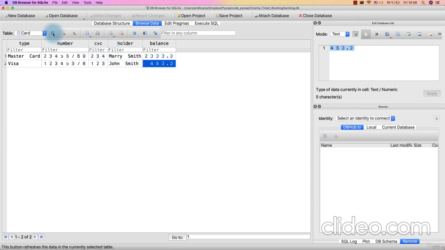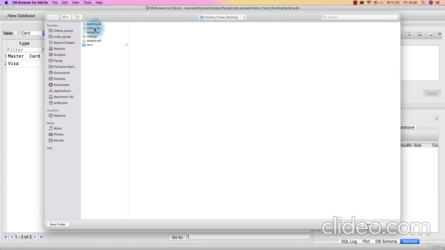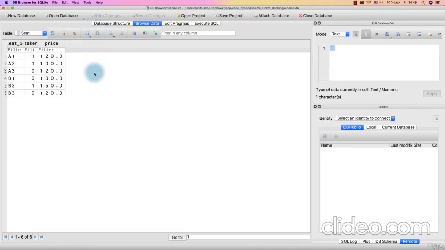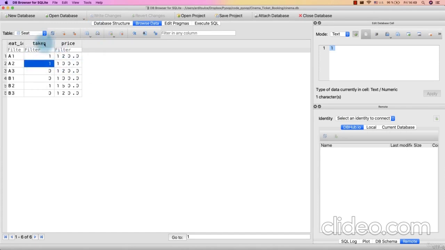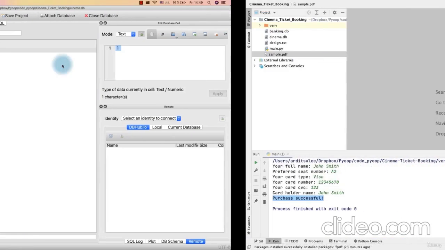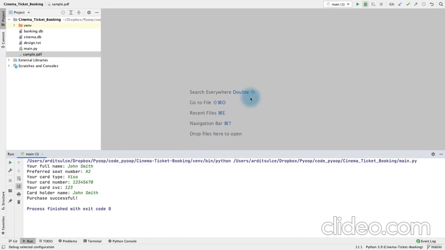Now if I refresh this table to reflect the changes that the Python app did, we are going to see that this gets lowered to 360. So 460 minus the price of the seats, and we get 360. Right, if we open the cinema.db database, we are going to see that A2 now is taken. So the value for taken for A2 is 1. Now, that means if we run the program again,